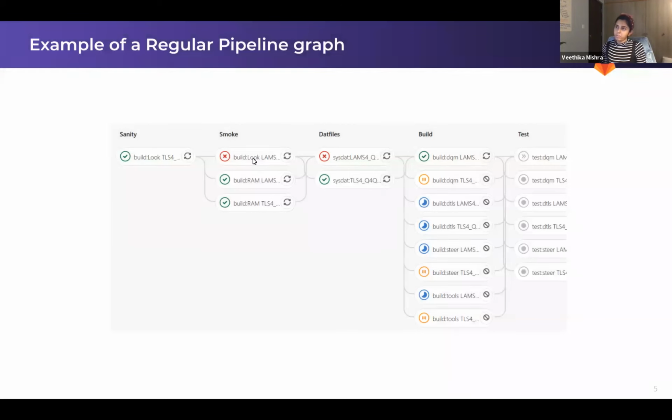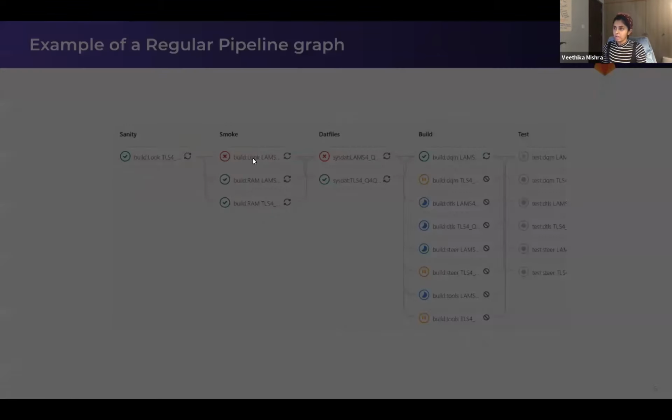Here is an example of what a regular pipeline graph looks like. And this is a screenshot of a pipeline graph of a user. And this is from the feedback issue. Now, this user has used the needs keyword that allows them to create dependency between jobs and create needs relationship. Now let's look at what we delivered as an MVC in 13.2 that we called DAG visualization MVC.